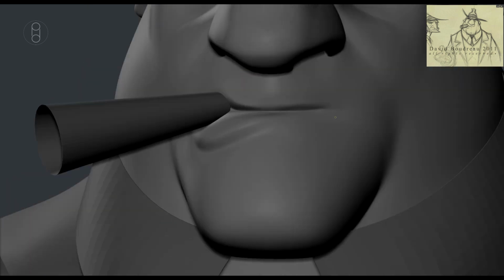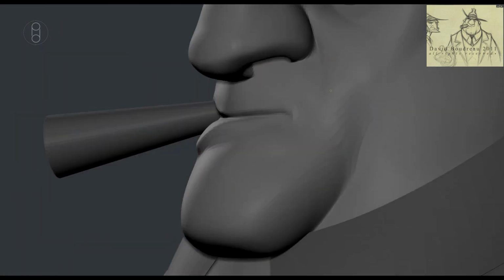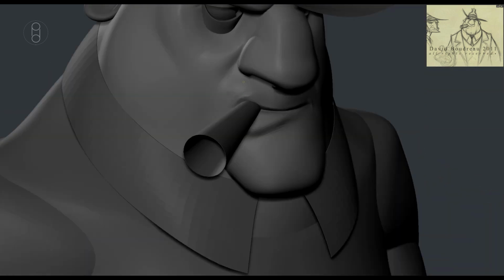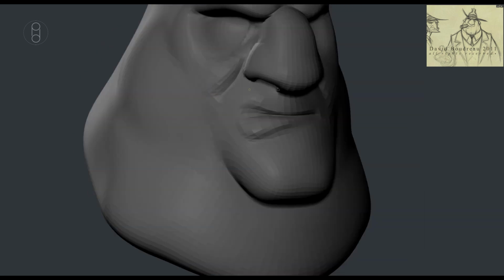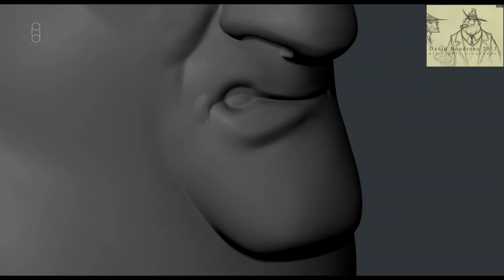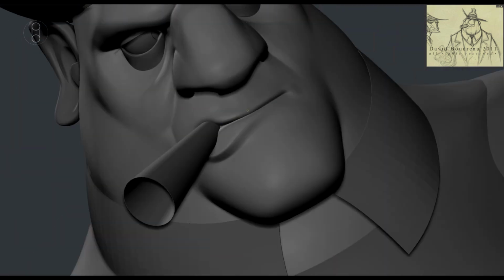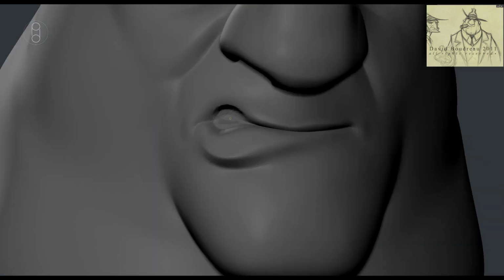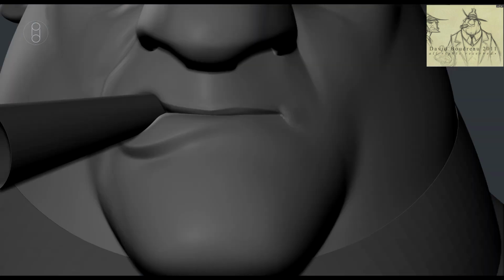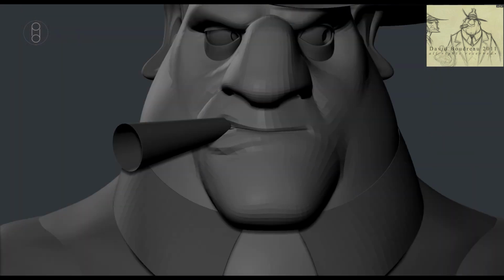But when I got some reference together, and I think I saw reference to Al Capone and stuff, it's kind of like the lips are really pursed around the cigar. So I was trying to get that right, because obviously in the 2D it's there, but it's a loose sketch, so it's not super fleshed out, whereas with the 3D I need to really figure those things out, and that's usually a big part of